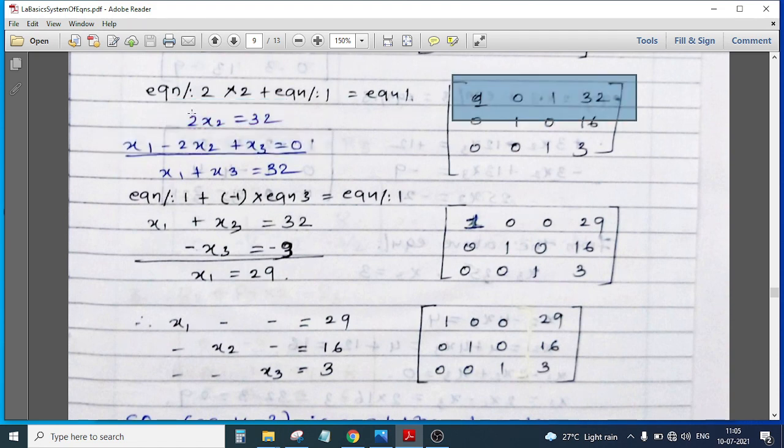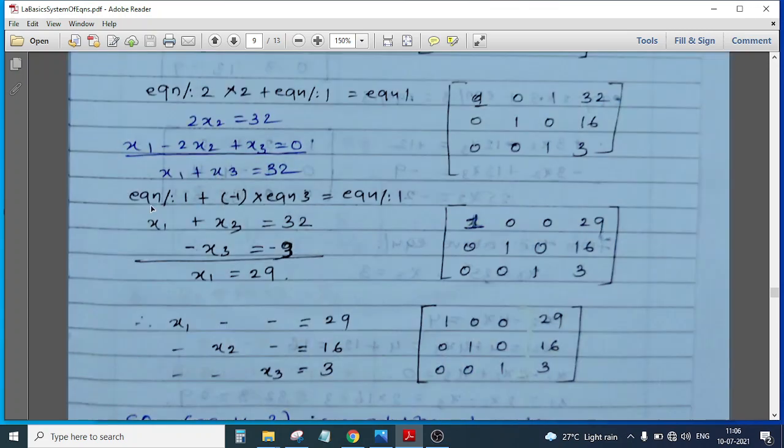This is your equation 1. So here we have x1, and this x2 would get cancelled. x1 plus x3 is equal to 32. Now, still we are unable to get x1. Why? Because we still have an unknown term, which is x3. Now I want to eliminate this x3, whose coefficient is 1. Which equation among these 3 equations has an x3 and could be used? It is nothing but your equation 3. So you just multiply equation 3 with minus 1, then that minus 1 and this plus 1 would get cancelled. Thereby x3 would get cancelled.